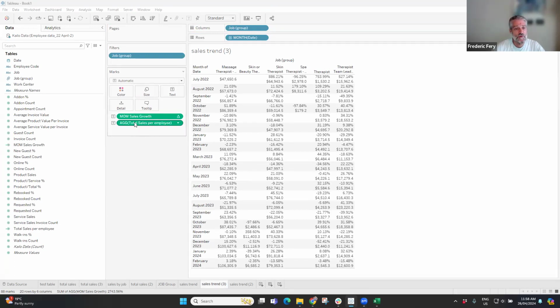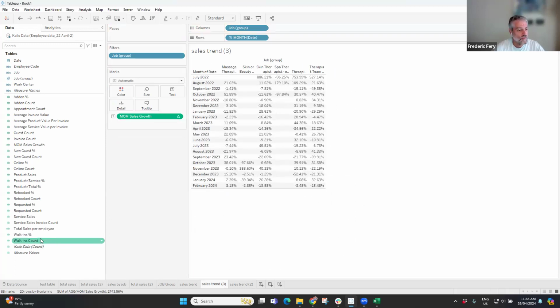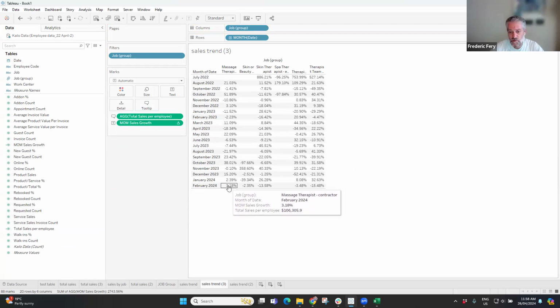For that purpose, you might say, oh yeah, I don't want that in there. I just want to keep the growth, but I might just want to display total sales as a tooltip in there. So now when you hover, you can see that for Feb, 3.8 growth, but the absolute number was 106. The other trick as well is